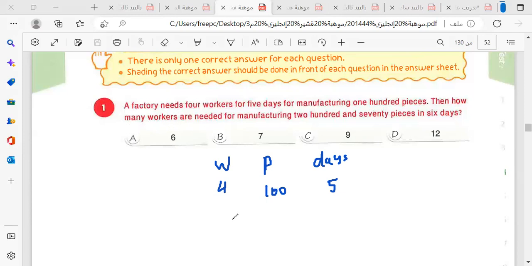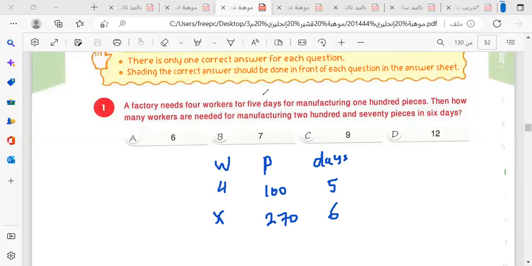How many workers are needed? So worker is X for manufacturing 270 pieces in 6 days, right? Now what will I do? If I have this, I can use it